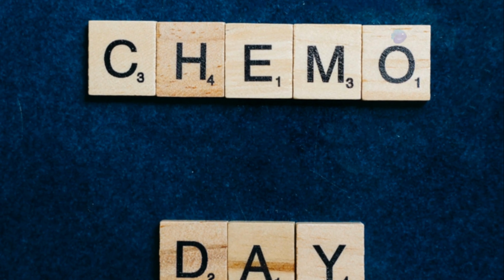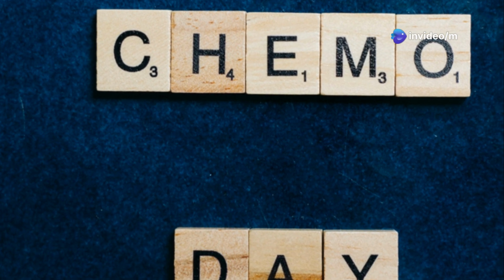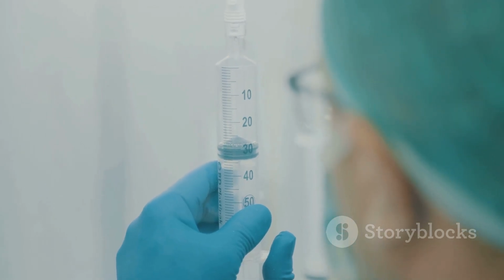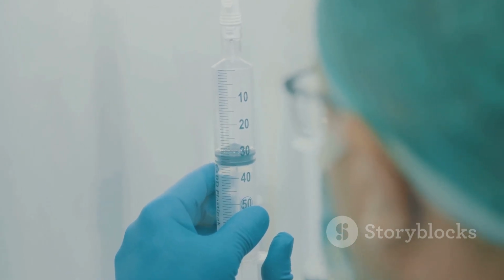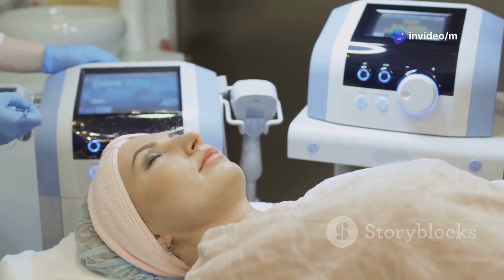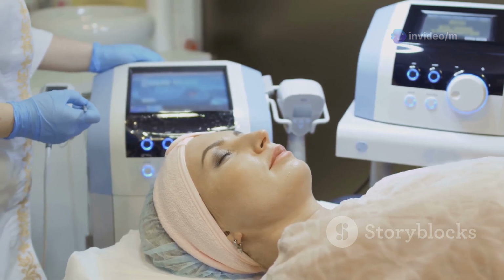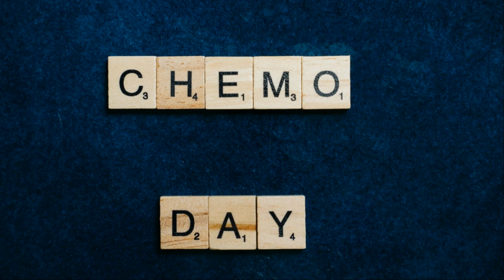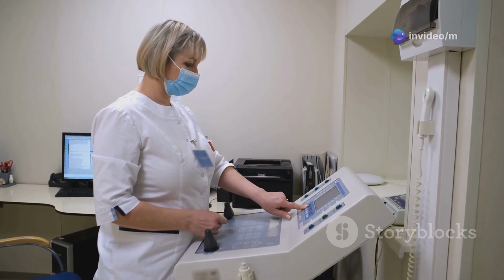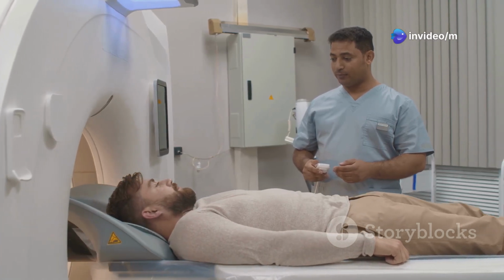Chemotherapy, a cornerstone of leukemia treatment, uses powerful drugs to kill cancer cells or stop their growth. It can be administered intravenously, orally, or directly into the spinal fluid, depending on the specific type of leukemia and the extent of the disease. Radiation therapy, which uses high-energy rays to damage and destroy cancer cells, may also be used to treat leukemia, either alone or in combination with chemotherapy. It can be delivered externally, using a machine outside the body, or internally, by placing radioactive material directly into or